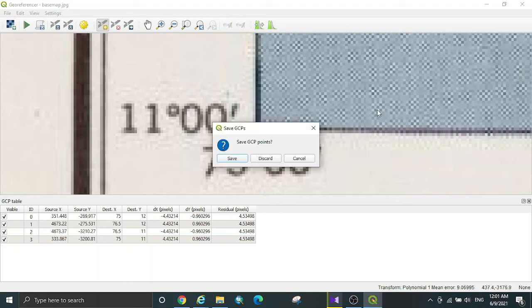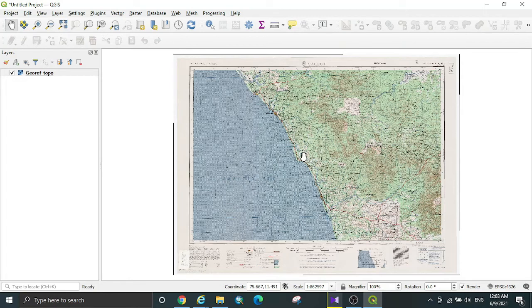When we are closing the window, the software will ask whether we need to save the GCP table. We can use this GCP for further processes. In this case, I am not saving the GCP, so I will discard. Now we can see the georeferenced topo sheet on our canvas. Also we can see the real-world coordinates while we are moving the cursor. We have successfully georeferenced our topo sheet.